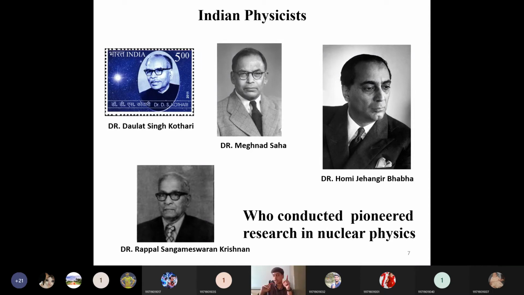He is the founding member of the Tata Institute of Fundamental Research as well as Bhabha Atomic Research Centre. Earlier the name of Bhabha Atomic Research Centre was Atomic Energy Establishment, Trombay, AEET, we will call it. But after the death of Homi Jehangir Bhabha, that institute was renamed after him, Bhabha Atomic Research Centre. TIFR, Tata Institute of Fundamental Research, was also started by Homi Jehangir Bhabha. He is a proud alumnus of Cambridge University.